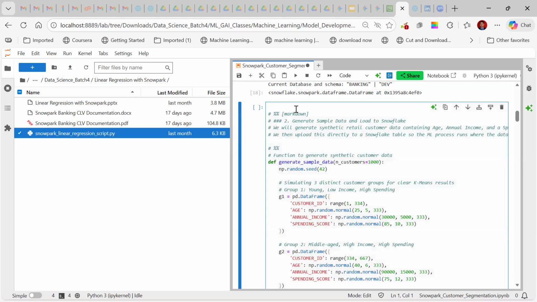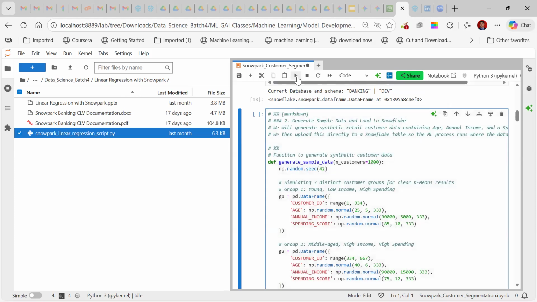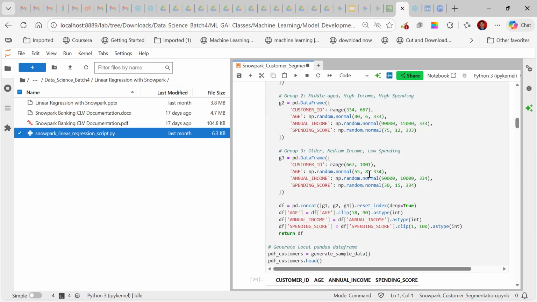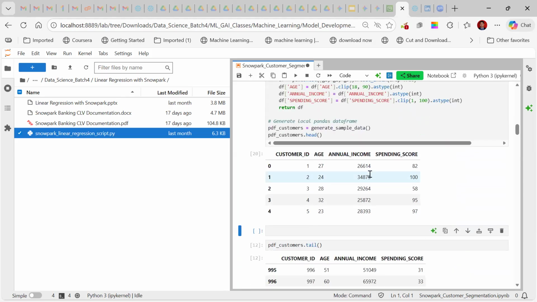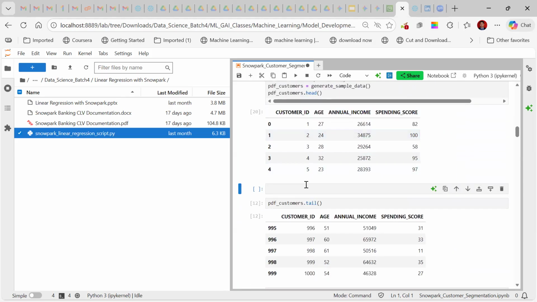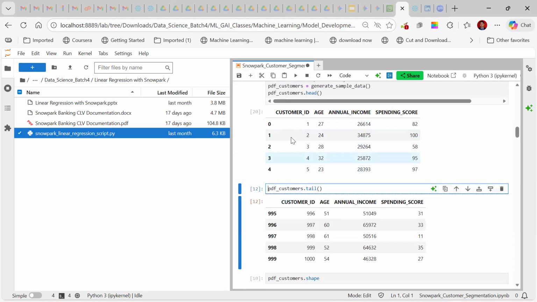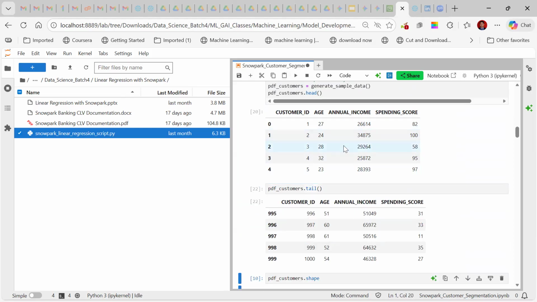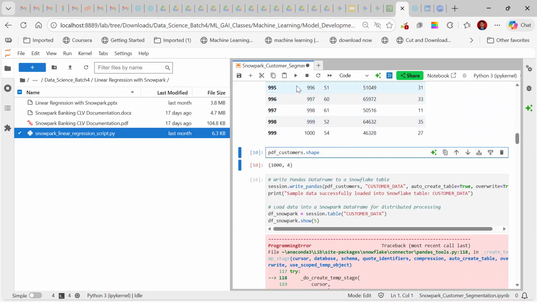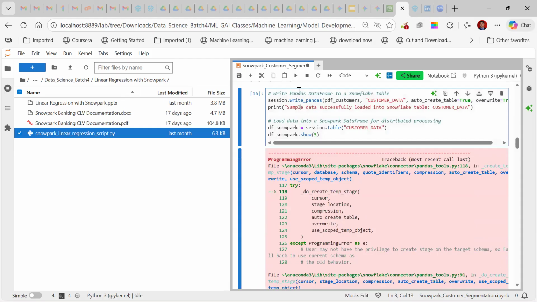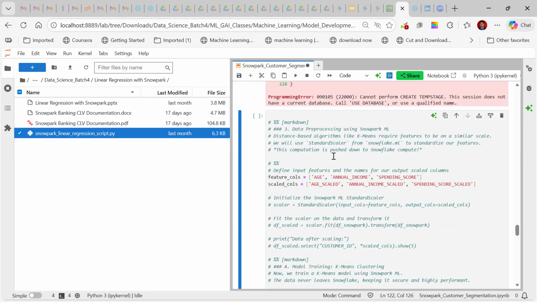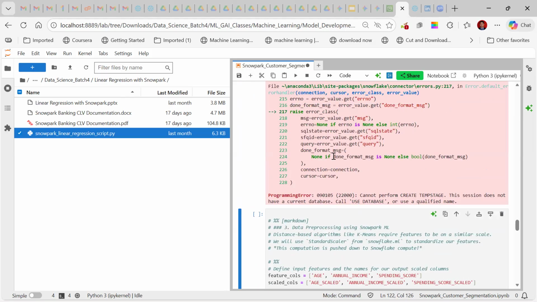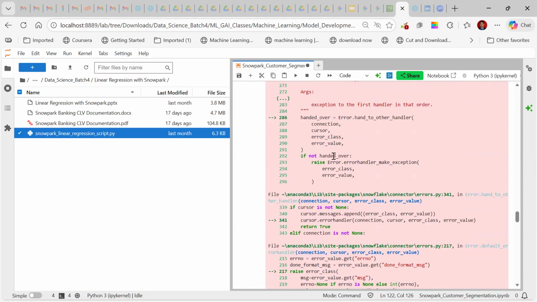Let us try this. Then the data. Still saying I call it database.